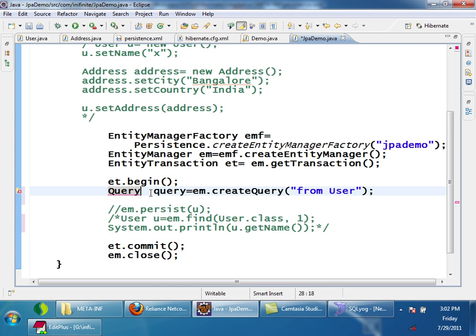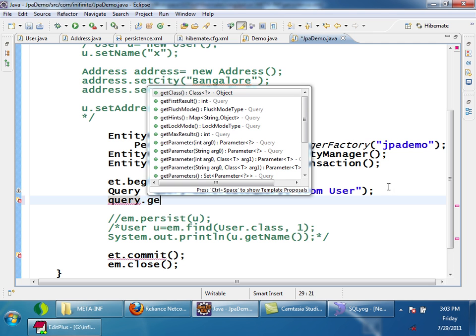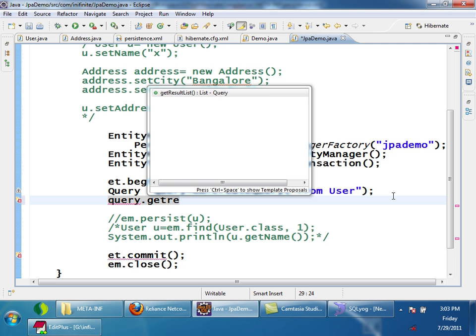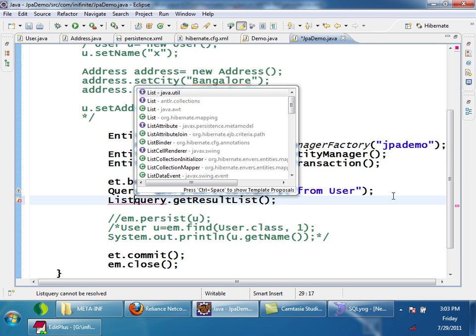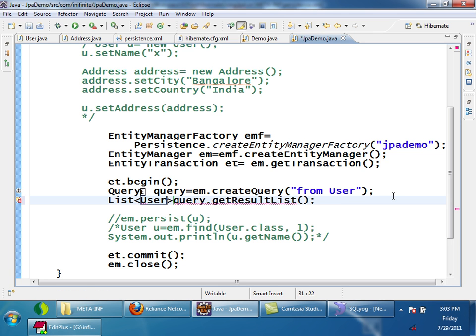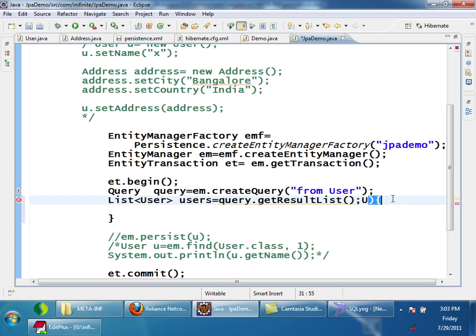Query from javax.persistence. Whatever we are importing are from javax.persistence now. Then, if I say query.getResultList, I will be getting the list of users. Then I will iterate through these users. For user,